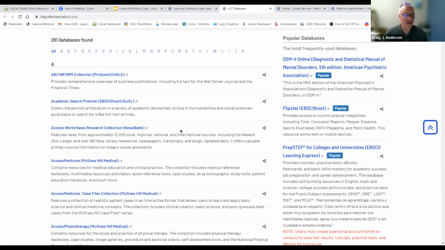And then we have other databases that are similar, but they're more focused on a particular topic, like the ABI/Inform collection. That's through ProQuest, but this is purely business publications. So if you're majoring in business, ABI/Inform is probably the best database for you to use. And again, it's through the ProQuest company. They're like a competitor of EBSCO. Those are the two biggest companies in the research database game, pretty much.